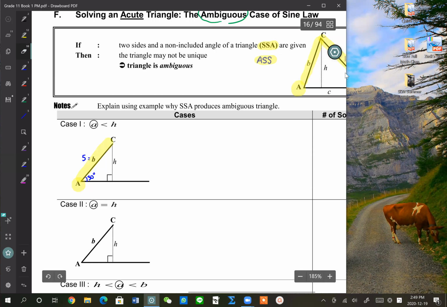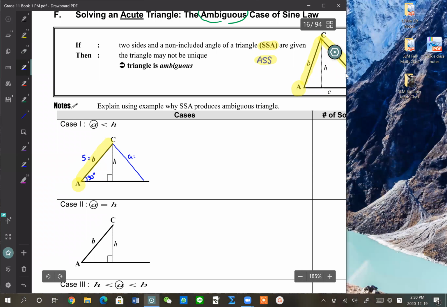Let me erase this one first. If I draw a triangle like that, A will be this side. So we need some number that is shorter than the height. First thing we need to figure out is the height. To find the height, we need to look at the left triangle. Looking from the left triangle, the edge is the opposite, right? So we'll choose sine. Sine of 30